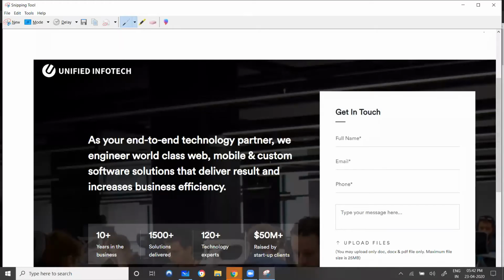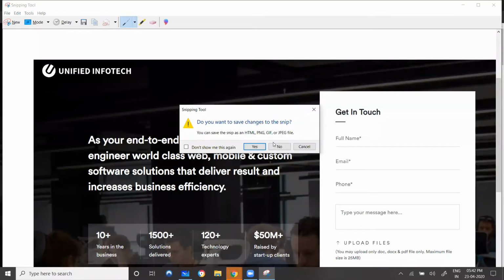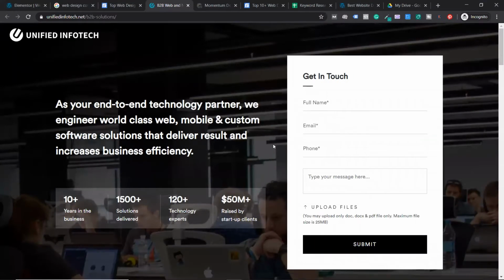And I create a folder. In that folder, I'm going to save all these images. Now, whichever sections I really like that I want in my web page, I do not copy exactly that. I will take their design idea and I will build on my own. Okay, this is what goes through my mind.